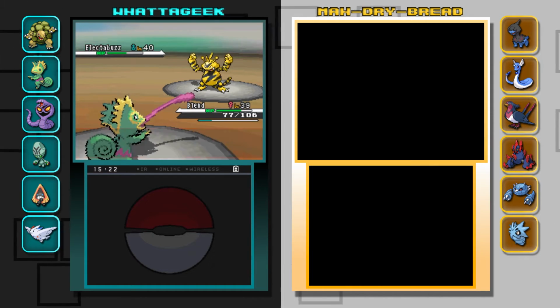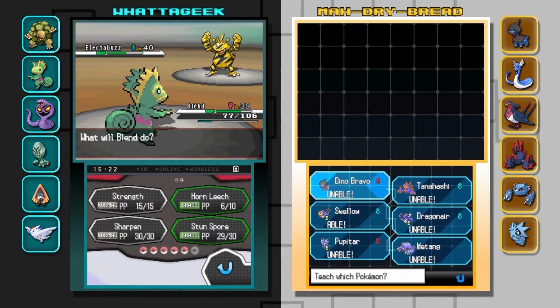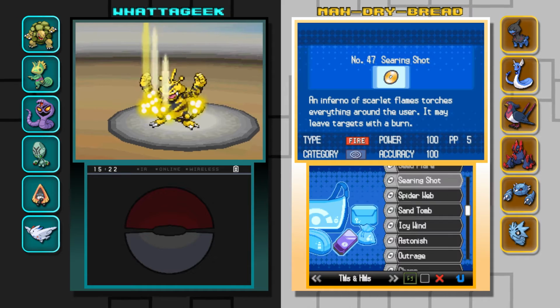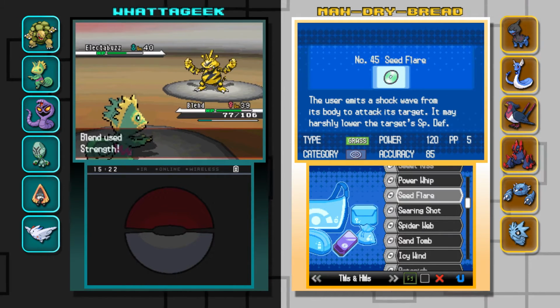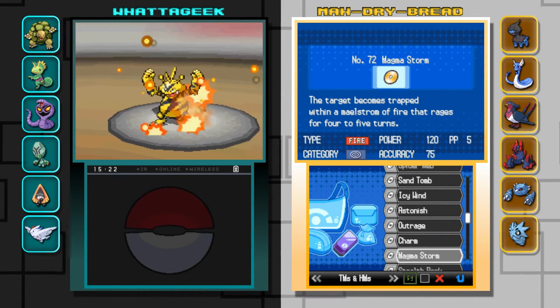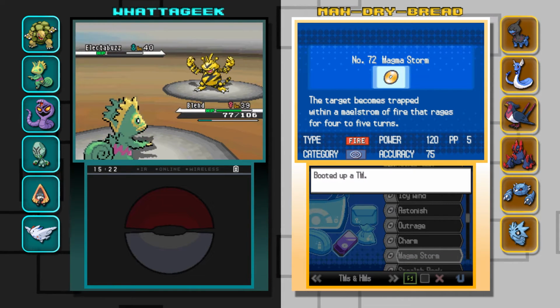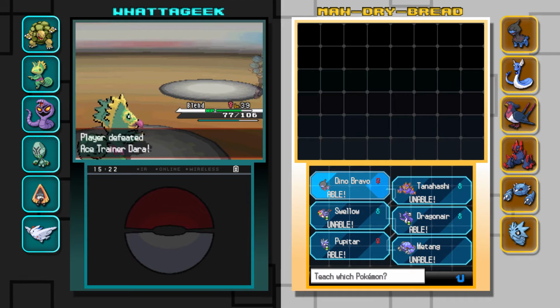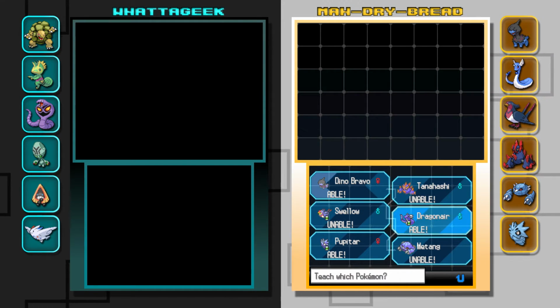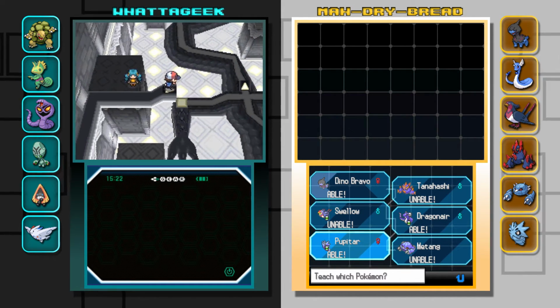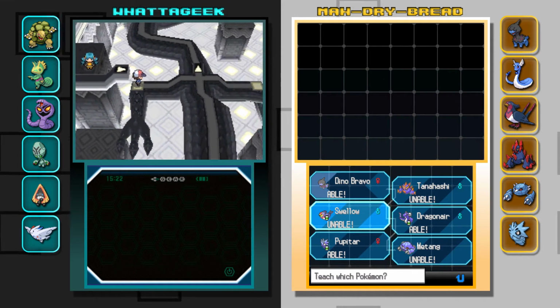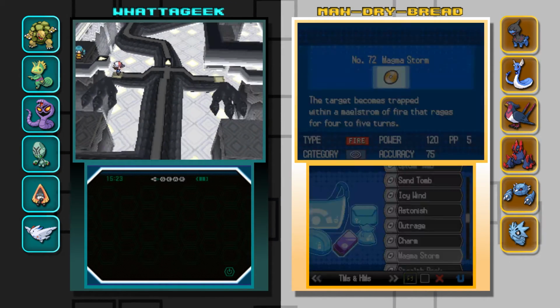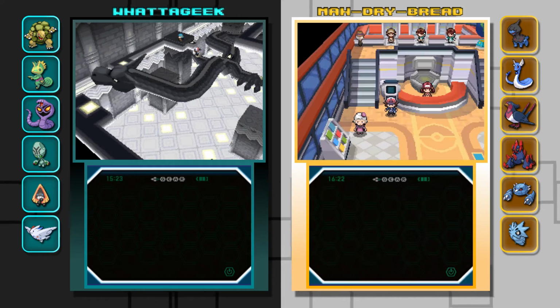Who can learn this? Swellow. No thanks. Let me go back to that previous fire one then. Magma Storm. It's like Fire Spin, Dragonair, but strong. Okay, a few of my guys can learn that. Dragonair can actually learn this one. That's a maybe. Pupitar and Dino. Dragonair could use it in favor of Fire Fang just because it's stronger than Fire Fang and it will get